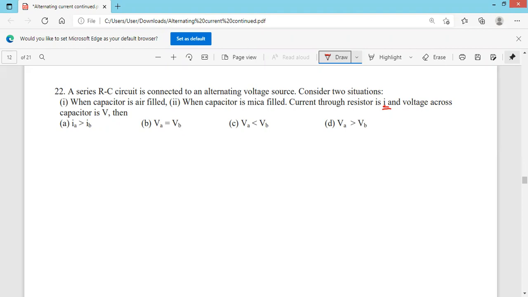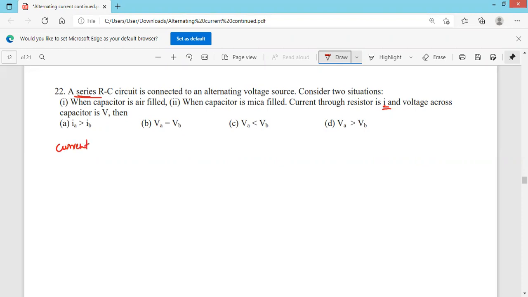So there are two situations: the capacitor is filled with air, and the capacitor is filled with mica. In which one is the current in the capacitor filled with air greater than the current with the capacitor filled with mica, or the voltage, they are asking. To calculate that, we know that the current through the resistor is equal to the current in the circuit because it's a series circuit. In a series circuit, the current is constant. Hence, we can write that